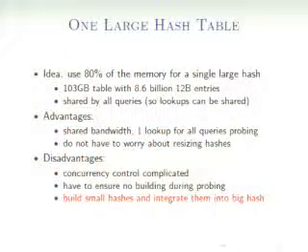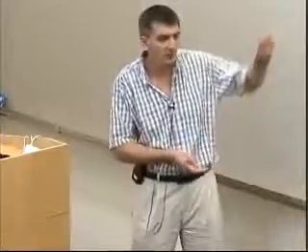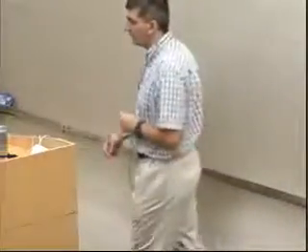Also, we use the following kind of strategy. We build smaller hashes and integrate them into the large hash, so we don't have to lock the large hash even when we do the probing. Remember, we do things in parallel. I'm going to have 32 threads that build stuff, so you have to be careful even how you do that.